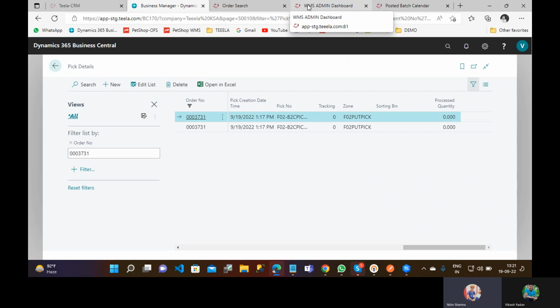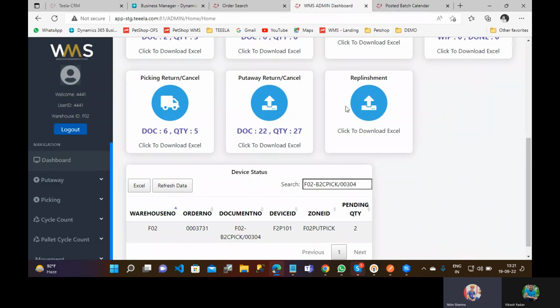For this we go to the WMS admin dashboard, apply the pick number filter, and you can see the order number, pick number, and the device ID this order is assigned to for picking. So we need to complete the full picking process if the order is cancelled after batch creation.